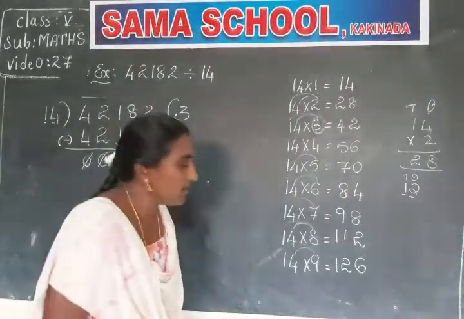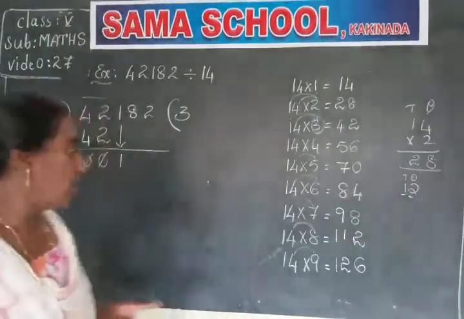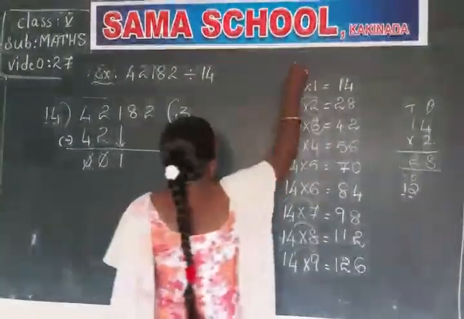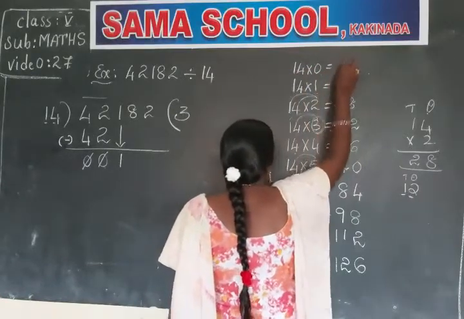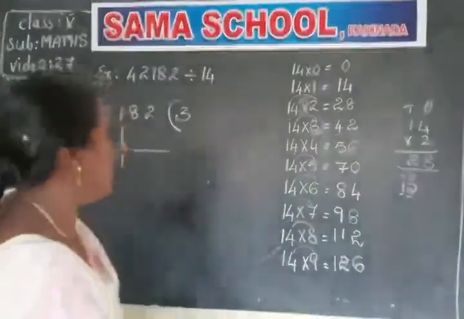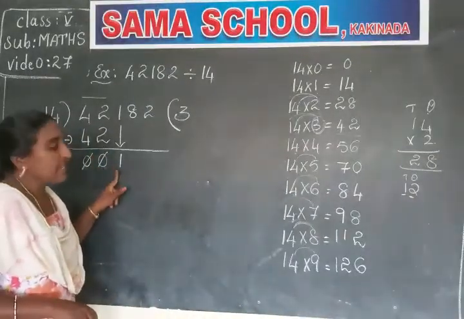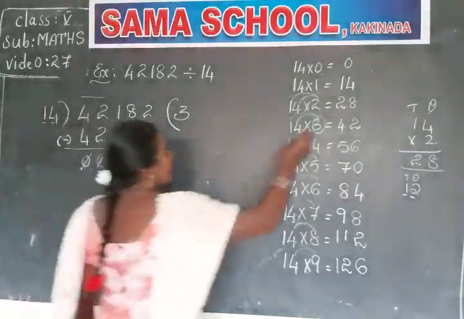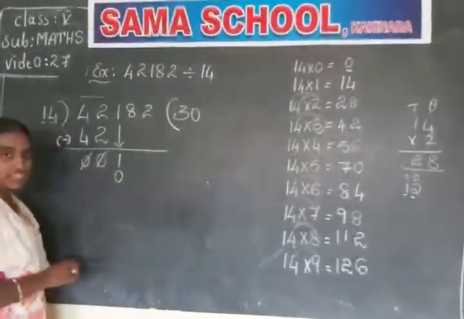Did you find 1 in the table? Not there. Then what do we have to do here? We can do this sum in 2 ways. Here actually this table started with 14 ones are 14, right? Before that we can take this multiplication factor also. 14 zeros are 0. This is also another property of multiplication. Any number into 0 always gives 0. So here, do you find a number less than 1 in the table or not? Yes. What is that? 0. So we can select this 0. 14 zeros are 0. Okay, children, is it clear?